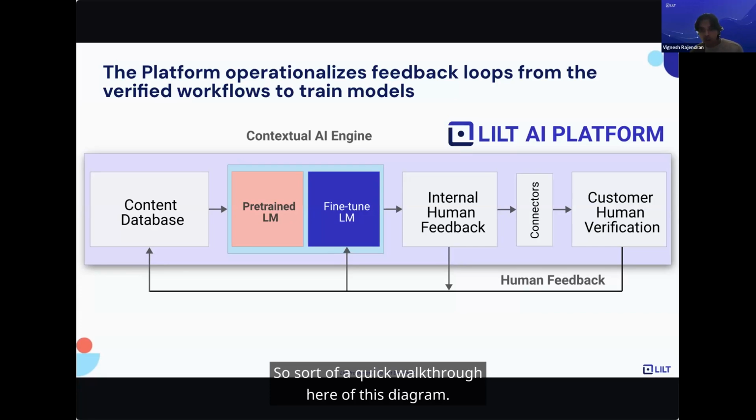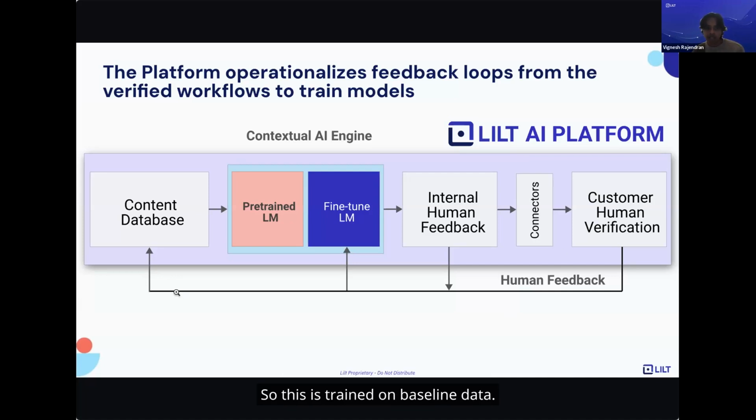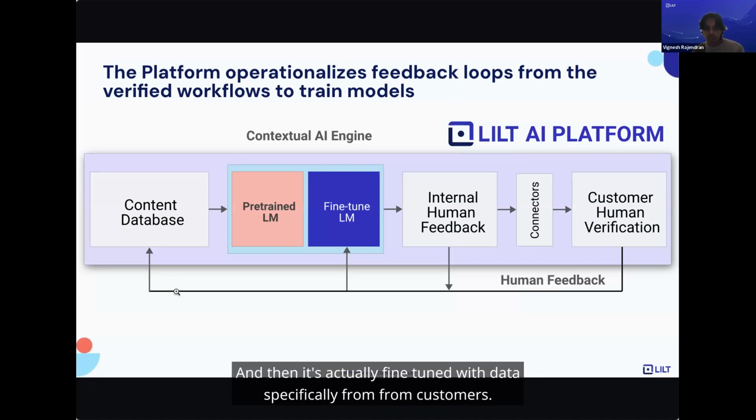So, a quick walkthrough of this diagram. You'll see on the left-hand side is LILT's proprietary models. This is trained on baseline data, and then it's fine-tuned with data specifically from customers. And we actually have individualized models for our customers specifically. That allows us to, again, produce results much faster and more accurate, specifically as it pertains to the customer